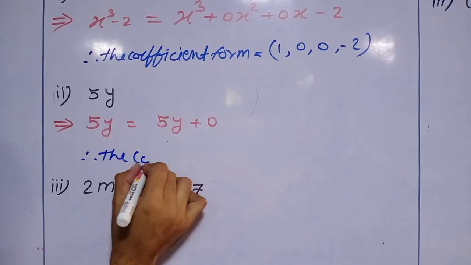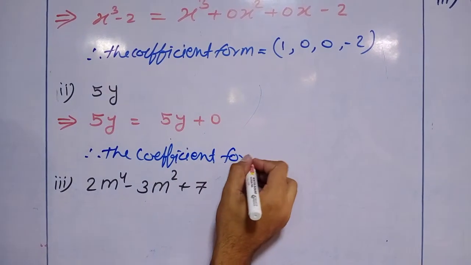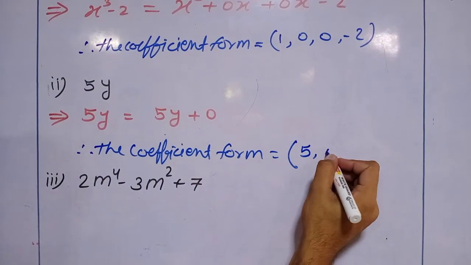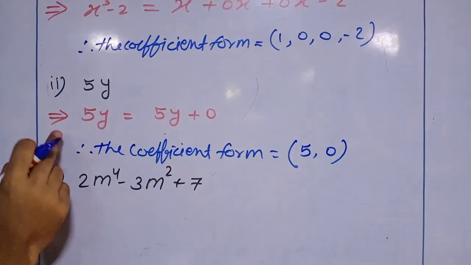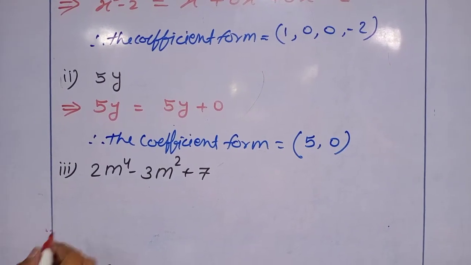Therefore the coefficient form is equal to 5 comma 0. 5 and 0 is the coefficient form of 5y. The next one is the third one,